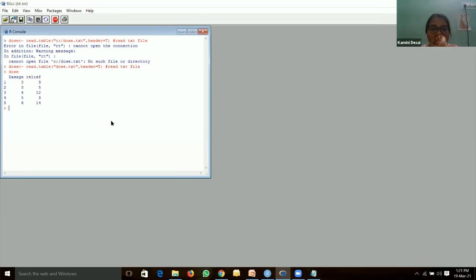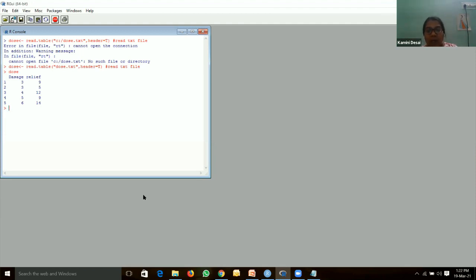Is it visible on the screen? In the R console, how to read the data file? Did everyone save the data in the R folder? Go to the R console, choose the File option, then Change directory, and wherever you have saved that data, click on that folder and OK, and give the read.table command.